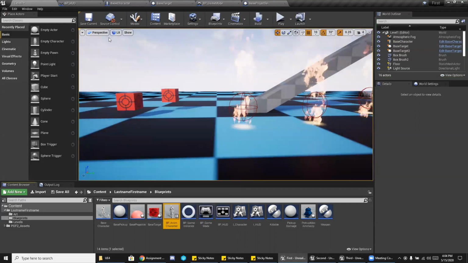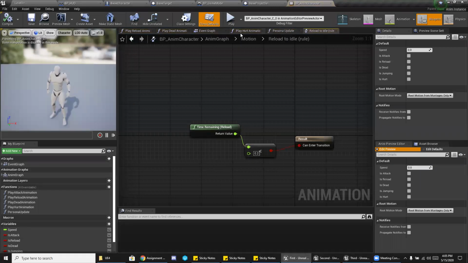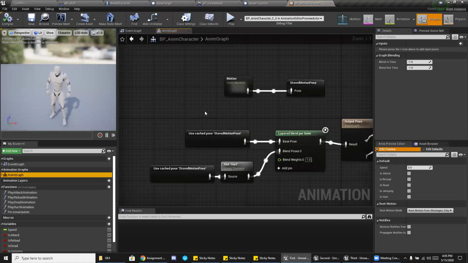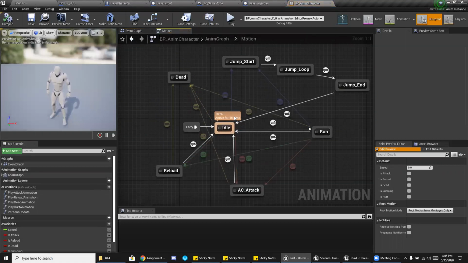Going to our animation blueprint. Rather than this one being something on the graph, and I don't like the fact that I have so much stuff open. Our state machine, we added the jump as a sequence and things like that. And then our hurt animation is nowhere to be found on here. But if we do check is hurt, we see our character does play that hurt. That's because this exists in the actual